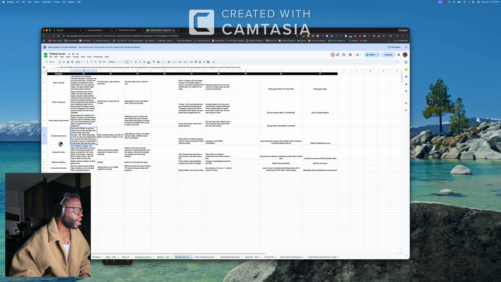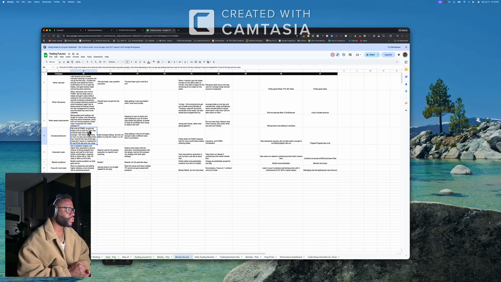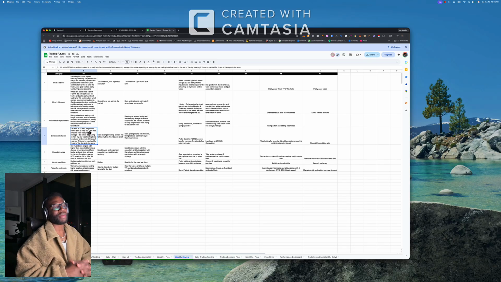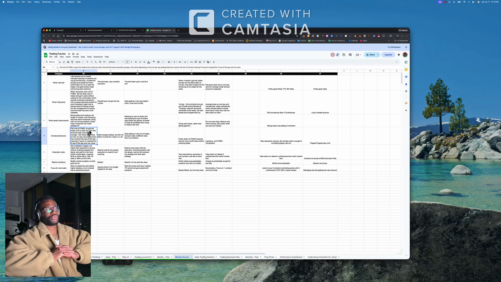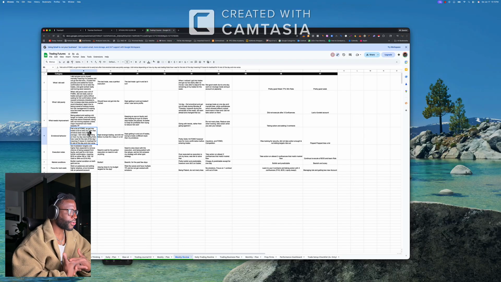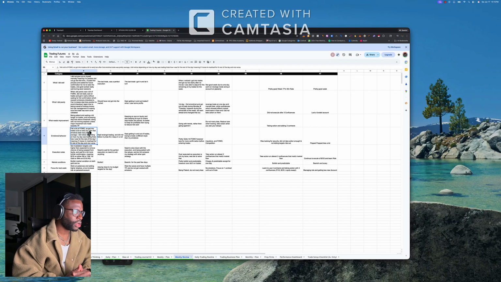Emotional behavior. Felt a bit of FOMO, so got into trades a bit too early, and we kind of talked about this. Monday when I missed that trade, it carried over for the rest of the week where I felt a bit of FOMO. So I was trying to get into position super early. It was not even 9:30. It was like 9:30:01. I was clicking buttons where I didn't even have to.